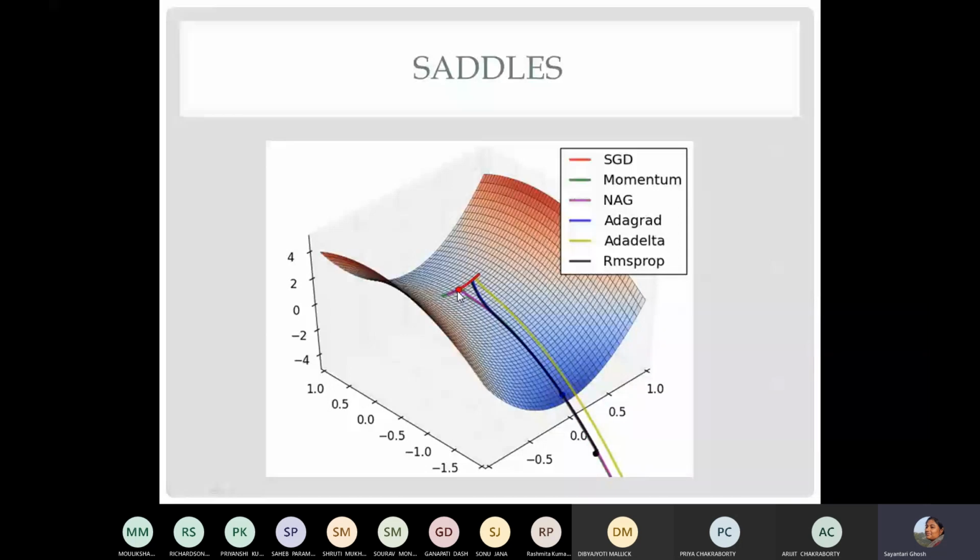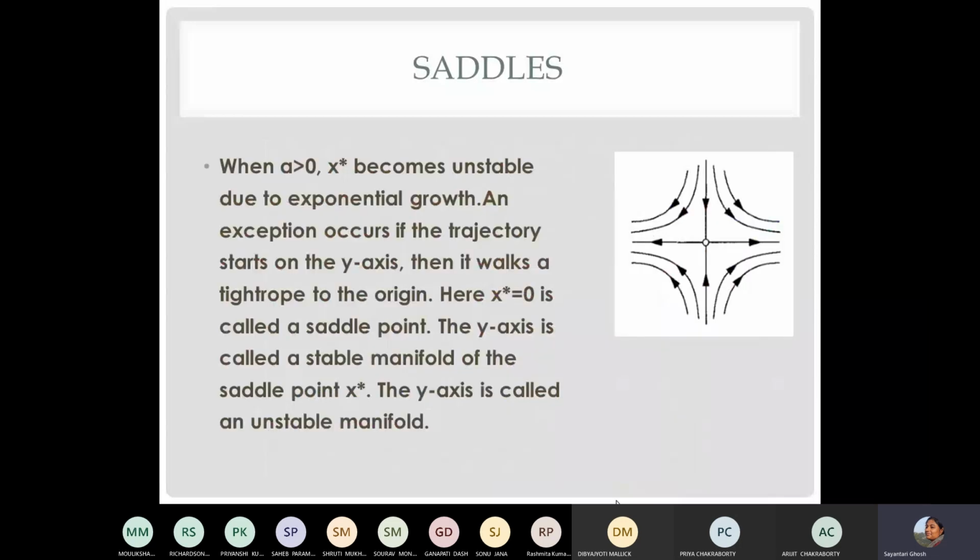If you put it there and you disturb it a little bit, it is going to get away. Though it is like a stable point along one direction. So along this direction, it is like a stable fixed point because I am at the bottom of a valley. But in the other direction, you are on the top of a hill and eventually you come out of it. Because the two sides are not decoupled, they are coupled, and now I have a surface-like structure. That surface looks like a saddle. And you cannot settle down at the point which is supposed to be the minima of the saddle because it is also maxima from the other side. Okay, so this is what we see in the cases where A is greater than 0.